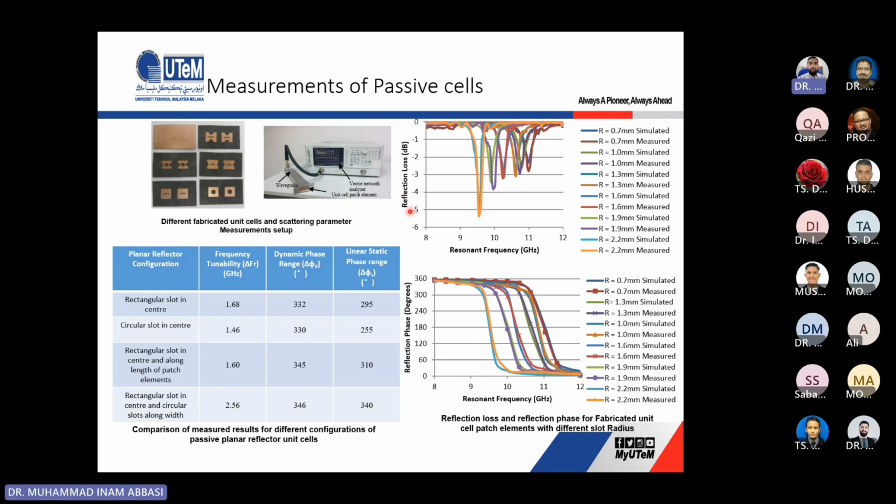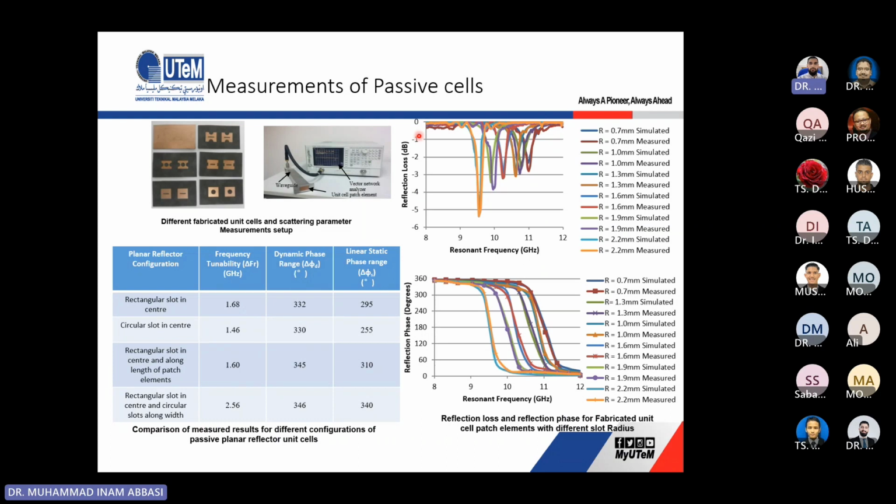So these are the reflection loss and reflection phase results for different samples. With different dimensions of these slots, we got different results. This is one sample of the results. We can see a very good agreement between the simulated and measured results. One thing I want to highlight here is that for this type of reflectarray unit cell, we are not aiming to have reflection loss below -10 dB. We are aiming to have it as close to 0 as possible, because this is a reflector